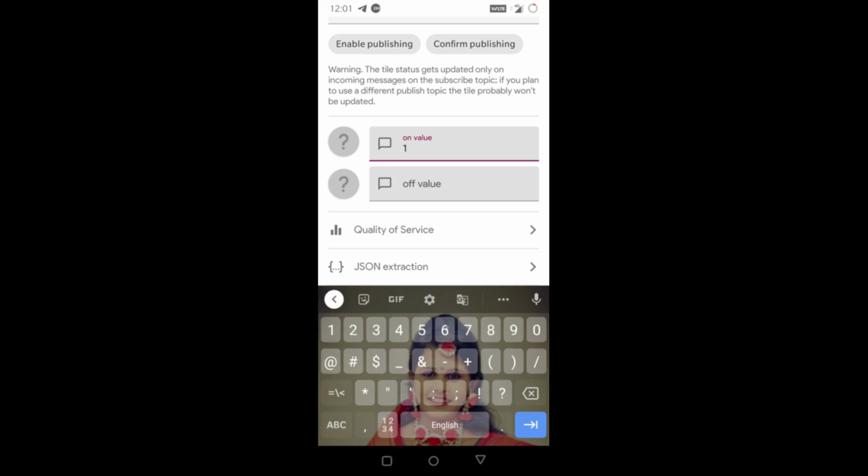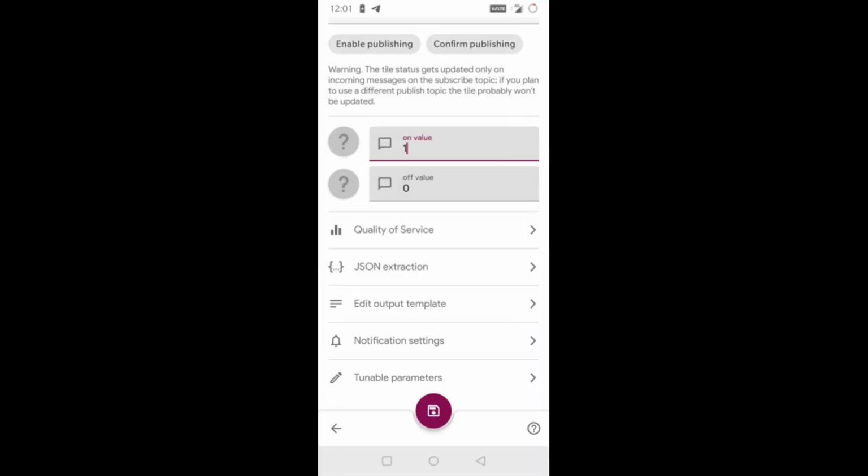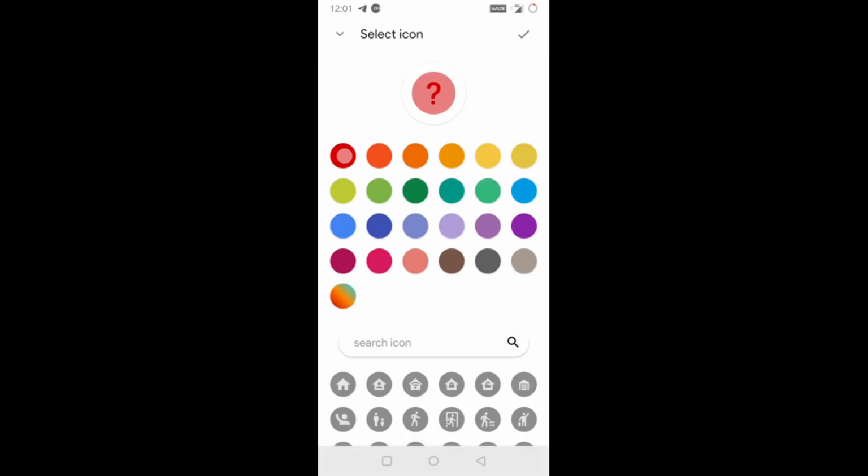So on value is 1, off value is 0. When there is one signal, that means the car is parked, and if the car is parked, that means you have to change the color to red. And if you want to change the color to red, click on this question mark and select this red color